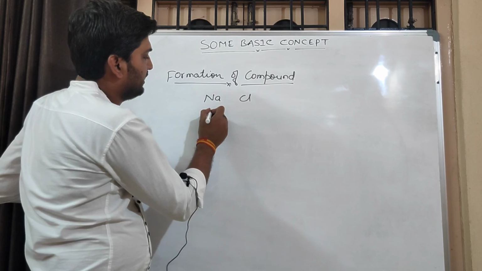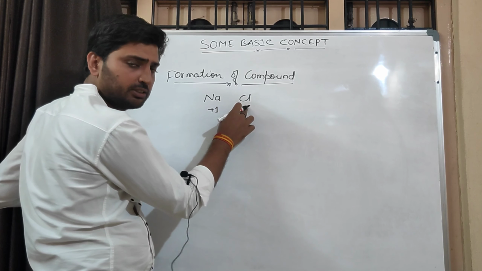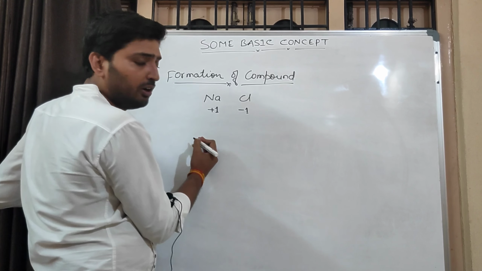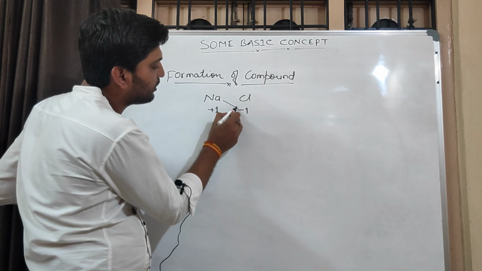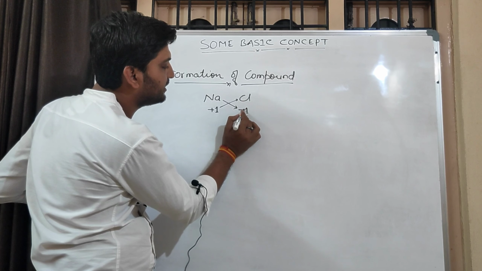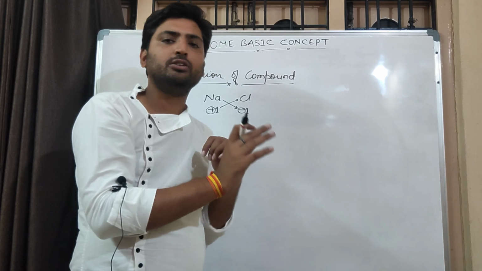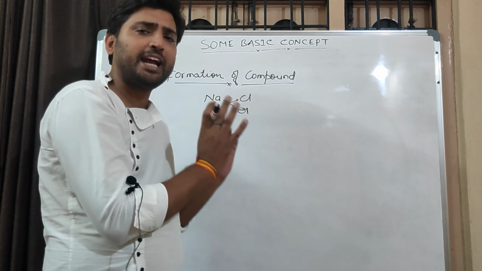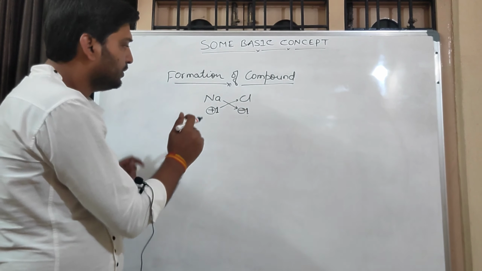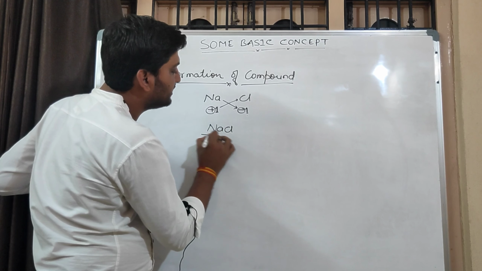Now, what is the valency of sodium? We have already seen the valency of sodium is plus 1. What is the valency of chlorine? We have shown, it is minus 1. What we need to do is cross multiplication. Means Na into 1. We will not consider this minus and plus. This shows only the metallic and non-metallic character, meaning gain of electron and loss of electron. But we have to take here only the magnitude, not the plus and minus. Magnitude means 1, 1. Okay. So Na into 1 is Na, and Cl into 1 is Cl. So NaCl is a compound.